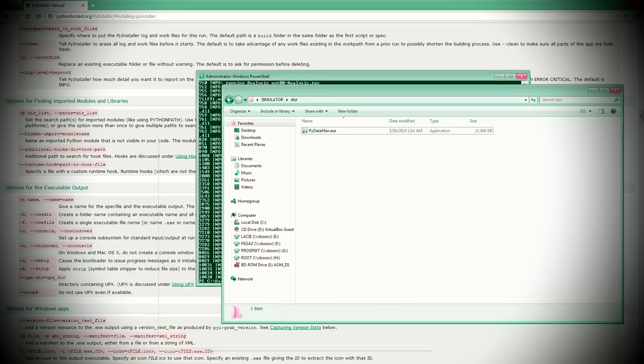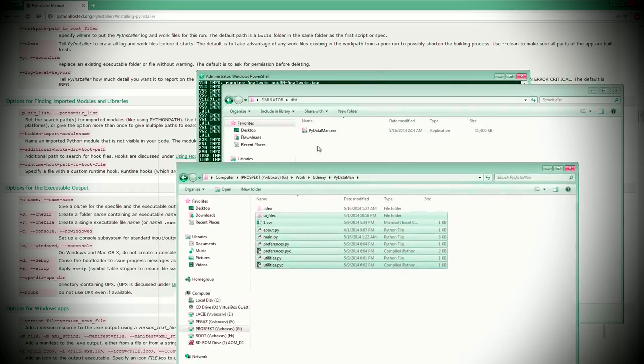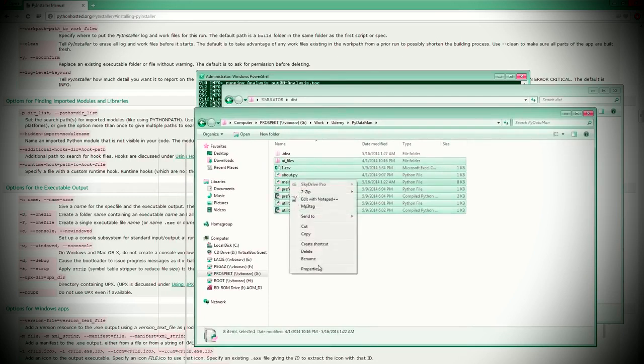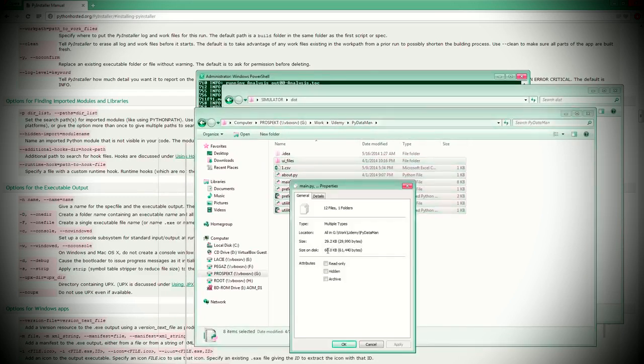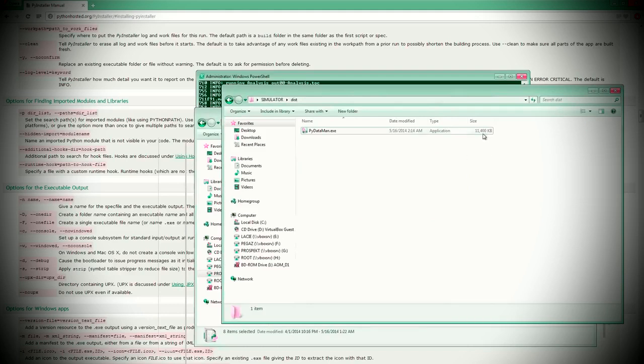With that being said, if I go to the PyDataMan folder, and select all this stuff that we have right here, even the compiled files, even the UI files, everything that's not actually within this executable archive, and I right click and hit properties, you can see that the size on disk is 60 kilobytes. You go back here, you can see that it's 11 megabytes, nearly 12. The interesting culprit there is that